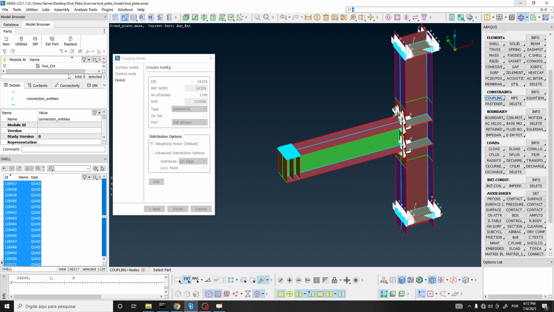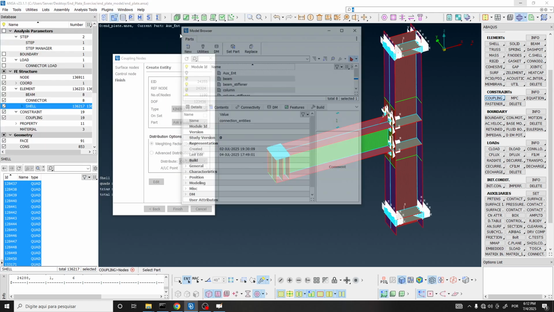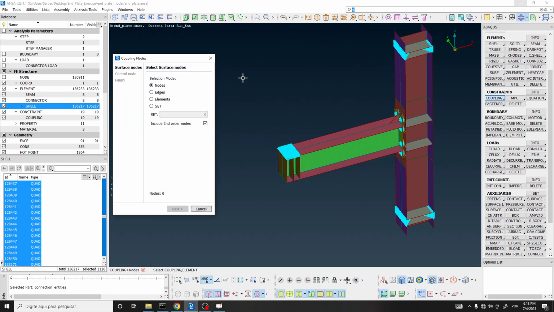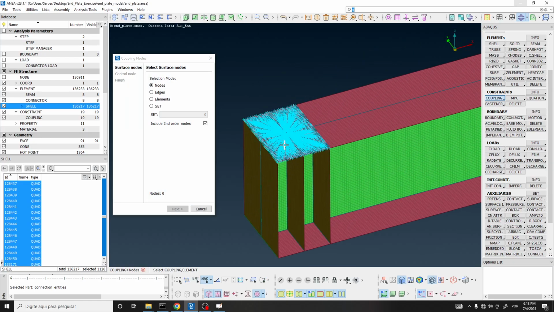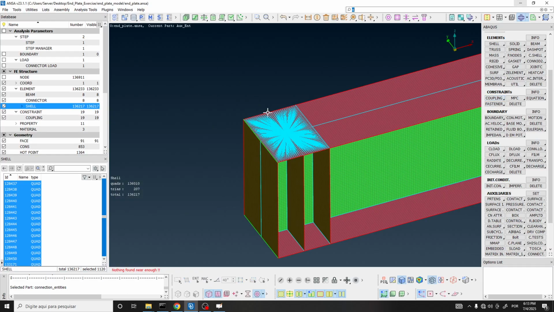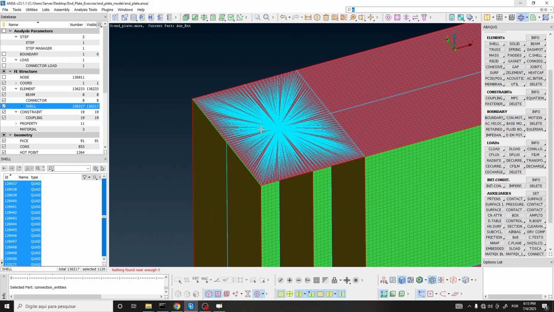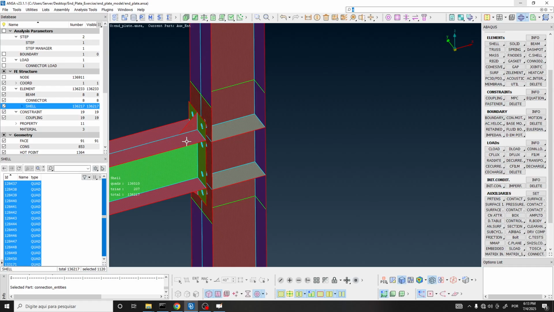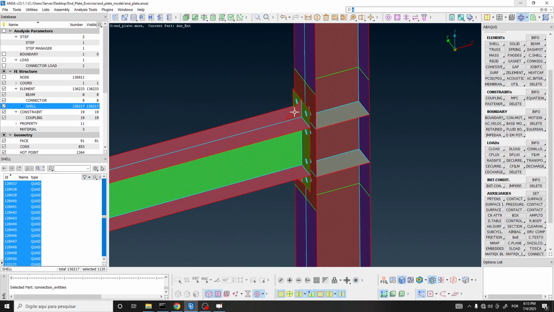And then here we should select the part. So let me drag the model browser by using the left mouse button like this. And then let's select connection entities, double click. And here we have the coupling created. Close. And I want to apply the displacement, the downward displacement. But the thing is, we need to create one additional step for this. You know, because we should apply this displacement after the bolt pretension is applied. So